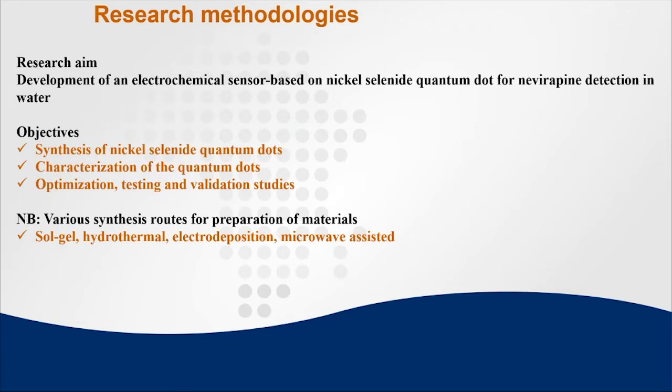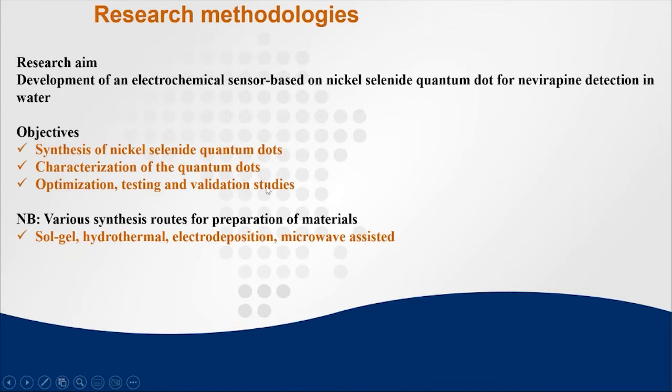In other cases, we prepare these materials using a sol gel and microwave and compare which one is suitable for our material. So after the synthesis of these materials, it's very important that we understand their signatures. We understand whether we have produced the sizes that we are looking for. So in this case, we characterize these materials using various